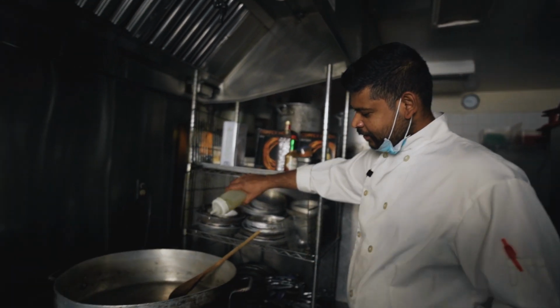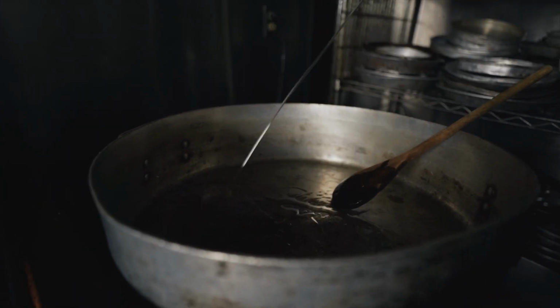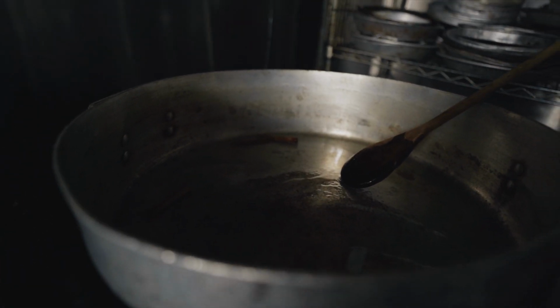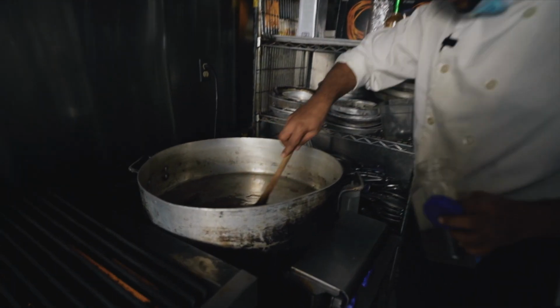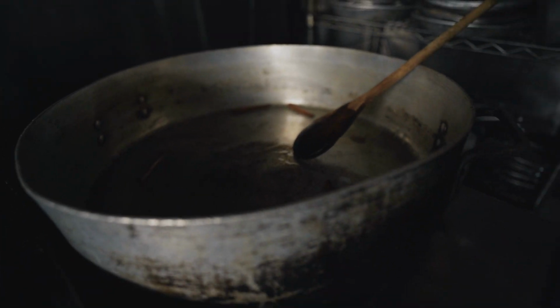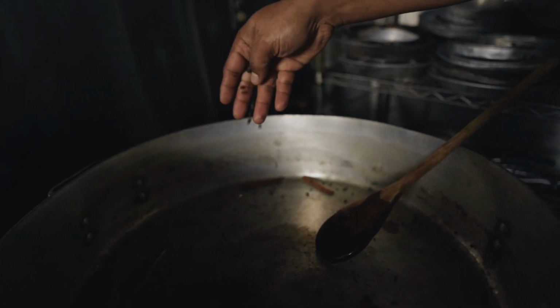Put some oil. And then how long have you been cooking, Raj? I've been cooking for 18 to 19 years. Okay, some cinnamon sticks. Just not too much, just a little bit of flavor. I have a couple of cinnamon sticks, broken into about 4 pieces, and add some pepper,